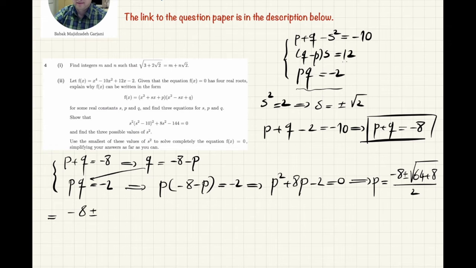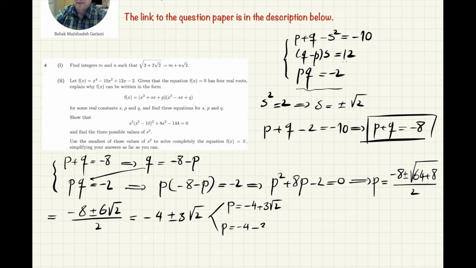No, I can write 72 as 2 times 36, so it becomes 6 square root of 2 divided by 2, and it becomes -4 plus or minus 3 square root of 2. So it means that I have two values for p. One of them is -4 plus 3 square root of 2, and the other one is -4 minus 3 square root of 2. Yes, but now if I plug this value here, I can find q, but this means that q